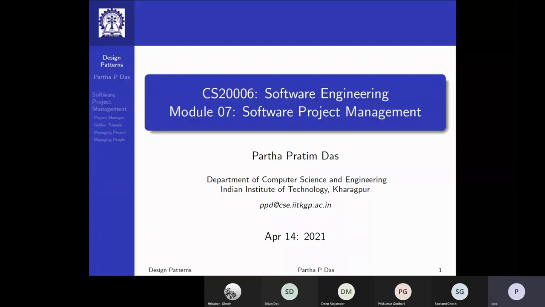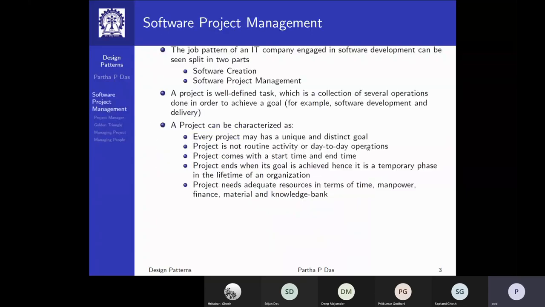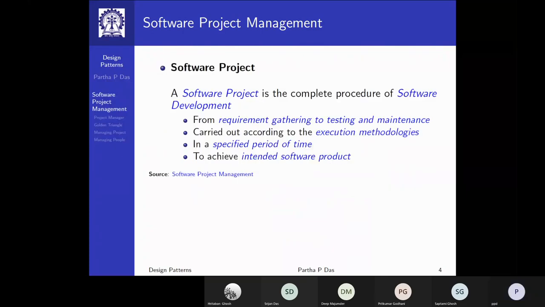So certainly what software project management means, I just want to give you a few pointers in terms of what it deals with. Naturally, the basic issue of an IT or software organization is creating the software and managing the software. So a software project, we will say, is the complete procedure of software development, right? You have requirements gathering to testing and maintenance.